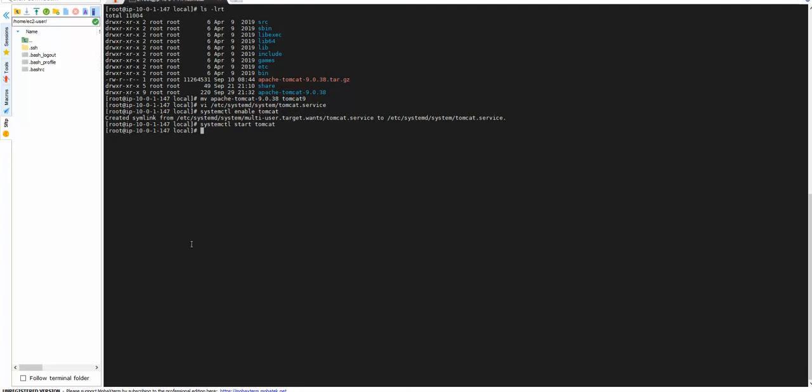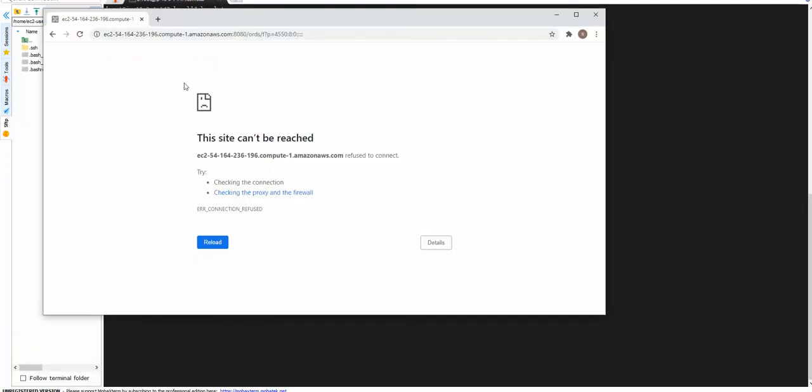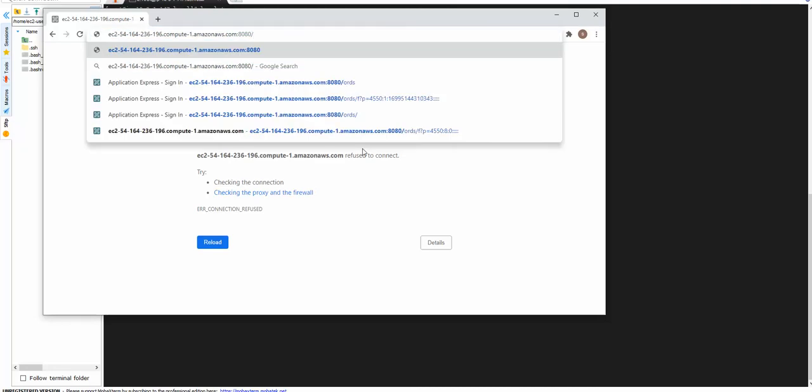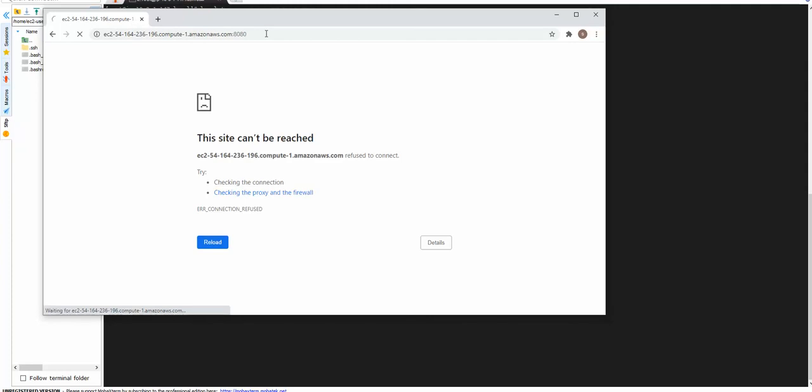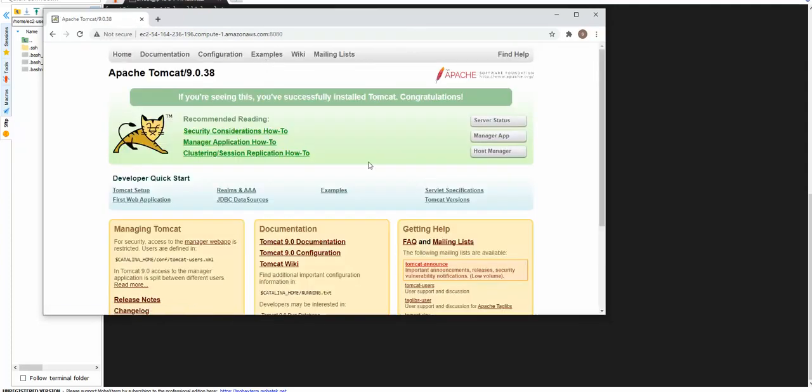Now let's go back and see whether the Tomcat is properly configured. So let's go back to our instance here. We did not actually move the ORDS yet, so let's remove that ORDS part, but at least on port 8080 we should already have the Tomcat installed. So let's go ahead and see. Good. So the Tomcat is installed, and it is bringing it up.